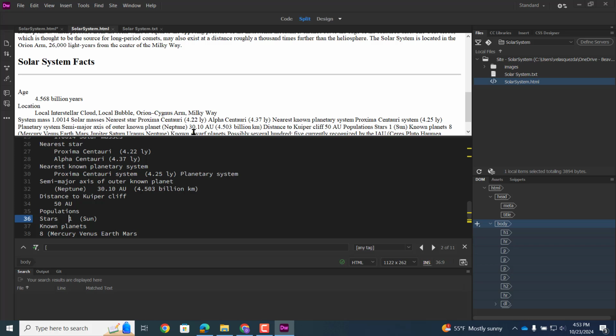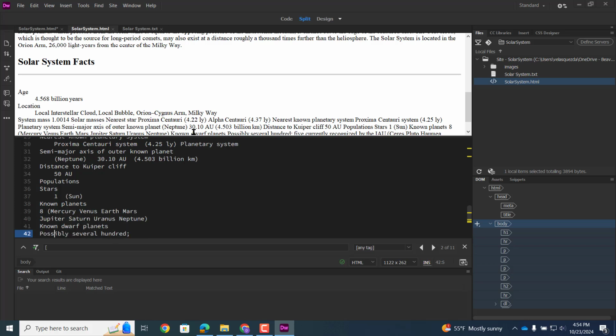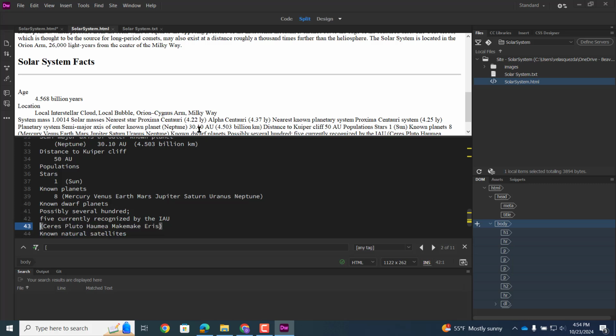Stars, we have 1 star. Okay, so 1 star. Known planets, we have 8 planets. Pluto got demoted, so it's not a planet anymore. It's a dwarf planet, I guess, which makes sense. It's kind of weird. But there's our full-fledged planets. There's our dwarf planets. There's probably several hundred. So here's our, maybe